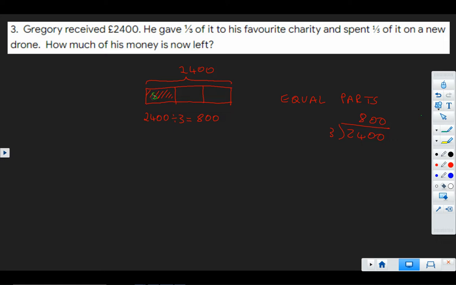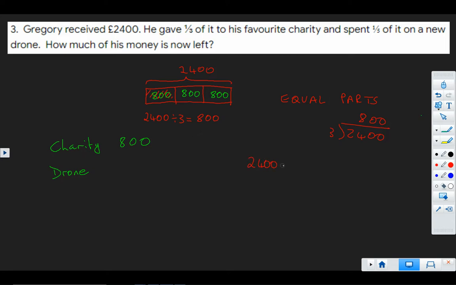So what that is telling us is that each of these 3 parts is 800. So the amount that went to charity is 800. Now we can do a similar thing in relation to the drone, and in this instance it would be